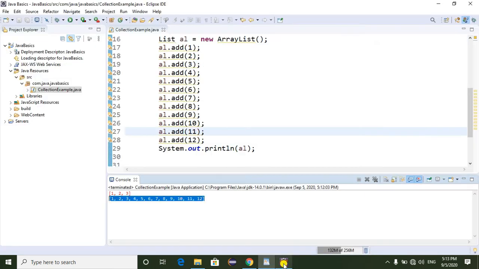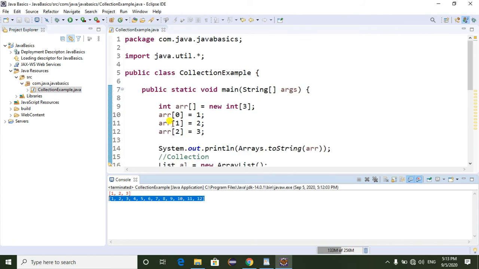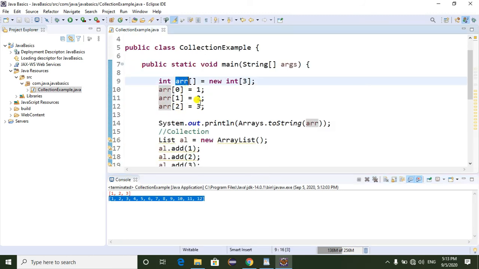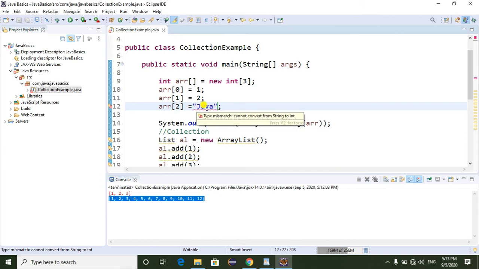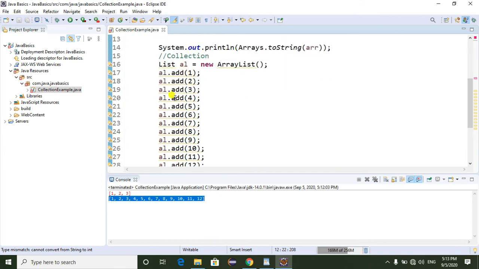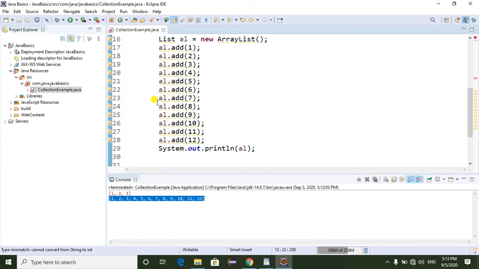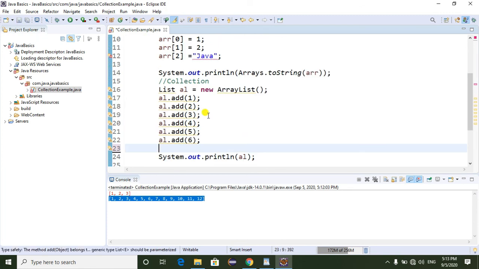Now I am going to show you the example. Here I am declaring an integer type array. If I try to add string data, it does not allow it. Here it is showing the error. But in the case of a collection, we can add any type of element. Here I am adding integer type data, here string type data, and also integer type data.